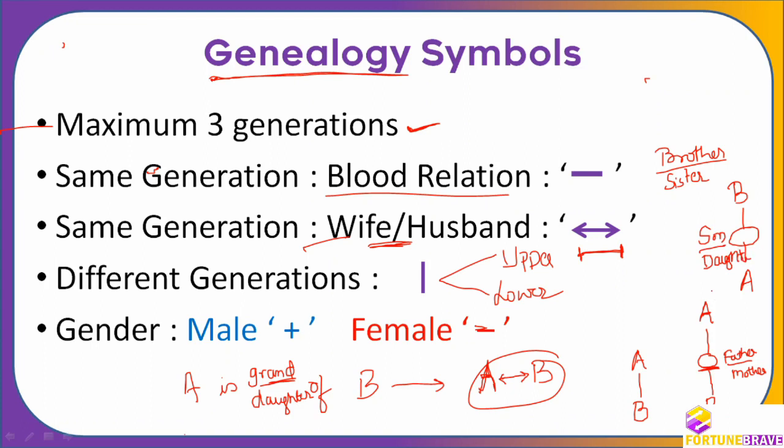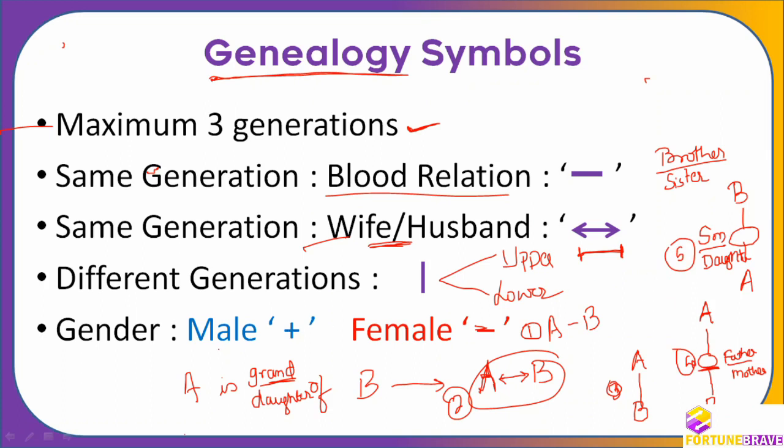So if you understand like this, this is two generations down, this is two generations up, this is one generation up, this is one generation up, this is same generation. So even I will write A dash B, which is also same generation. So you can see here 1, 2 is same generation. Sorry, we will write 3, 4, 5. Okay, different generations.